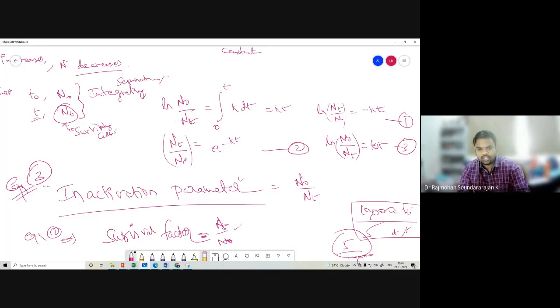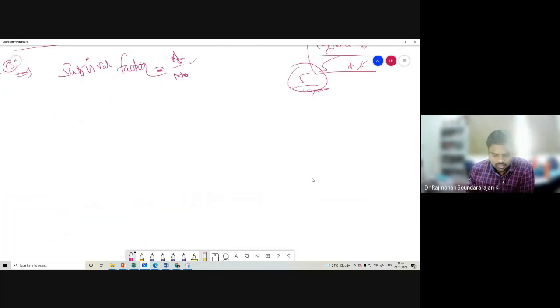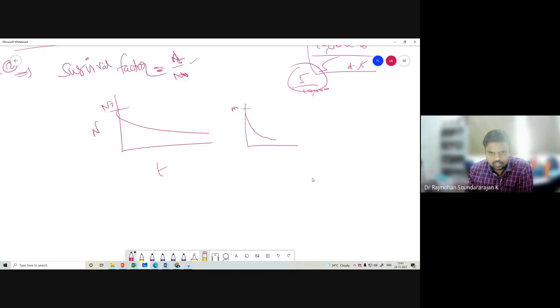So we have to bring it down to the sterility level of Nt, so that we will have a smaller number of microorganisms. Here only we are getting those plots, different types of plot. Death kinetics: initially N naught is there, how N varies with time. We have seen A, B, C, D, 4 types, right? In A, something can quickly get reduced, right? N versus t, or there is something which can go like this also.